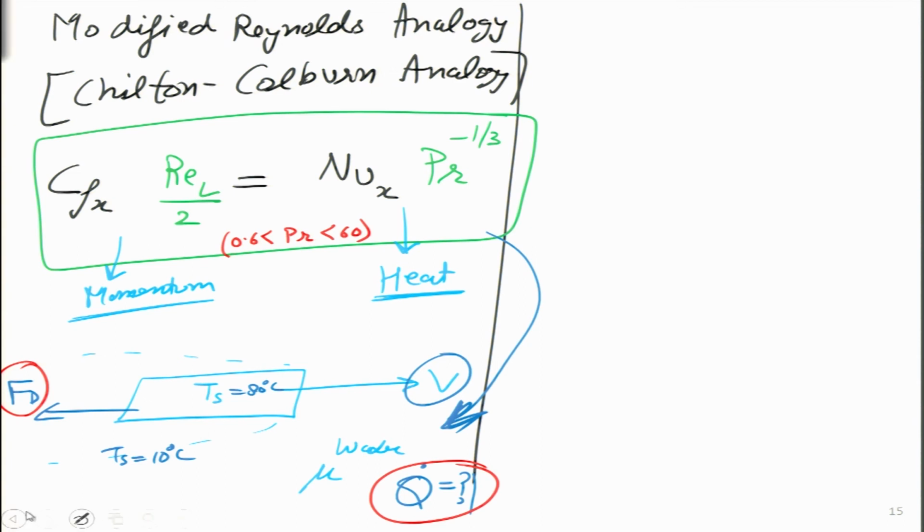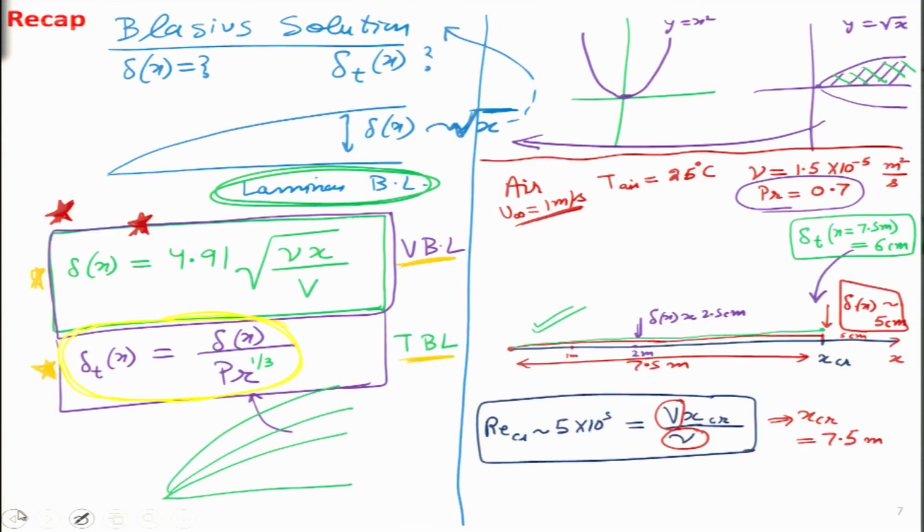So, I think let us just do a small flashback and see from where we have reached to which particular point. So, we started looking at Blasius solution, and these are the solutions from Blasius equation, starting off with this red star over here. This red star simply gives the thickness of the boundary layer. How does boundary layer increase as a function of x? And we see it is a square root increase.